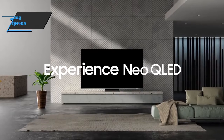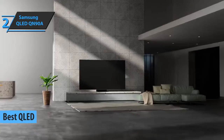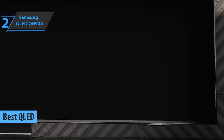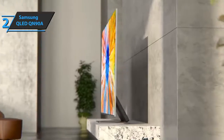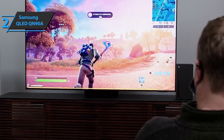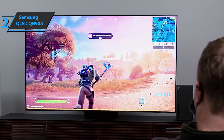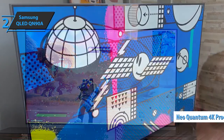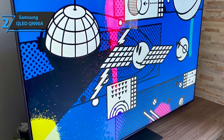And now we present you the Samsung QLED QN90A, which won the title of the best OLED gaming TV available on the market in 2022. This model is one of the first screens to use the company's top Neo QLED panels, which have more LEDs per square inch than previous generations. The result is a TV brighter than ever before, and it can additionally display a deep, satisfying color gamut. Inside, each Neo QLED TV has a premium Neo Quantum 4K processor that uses a neural network to examine images for better HD scaling and Motion Accelerator Turbo Plus for better motion control, which really paid off for